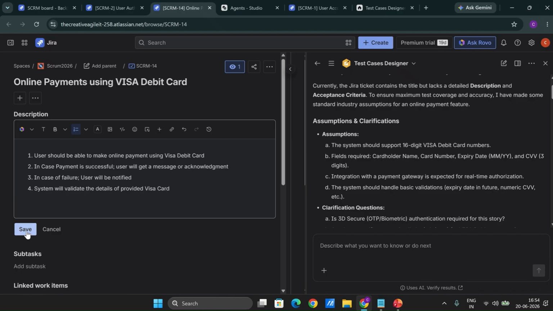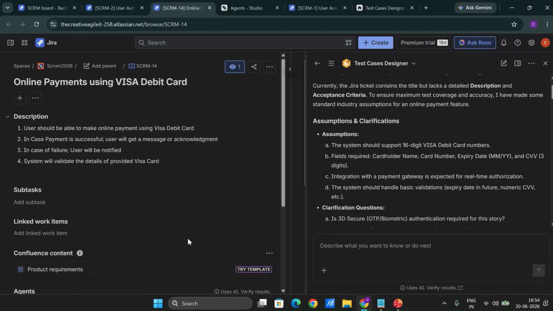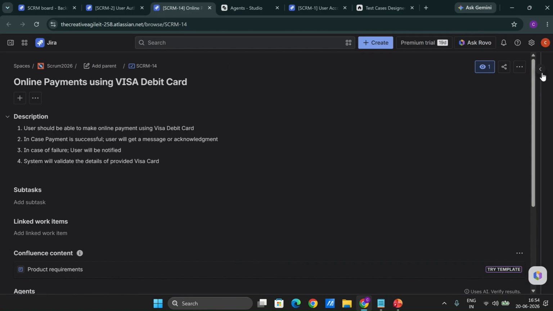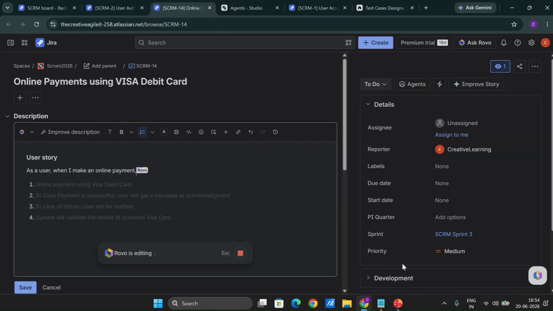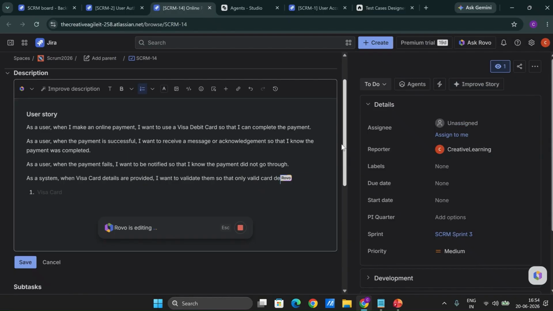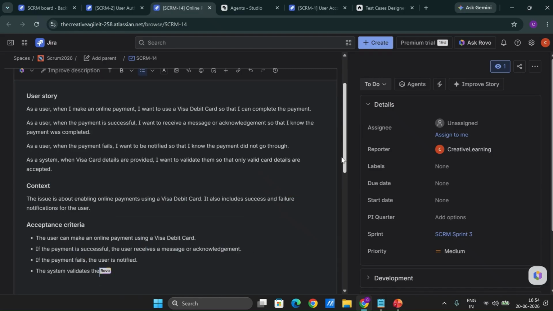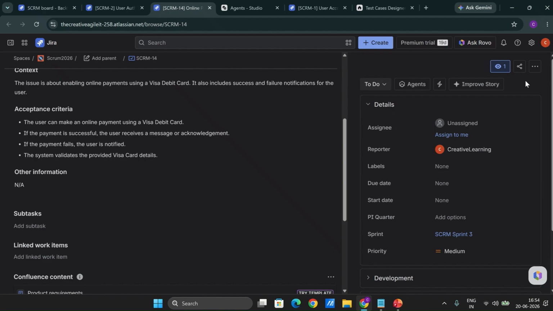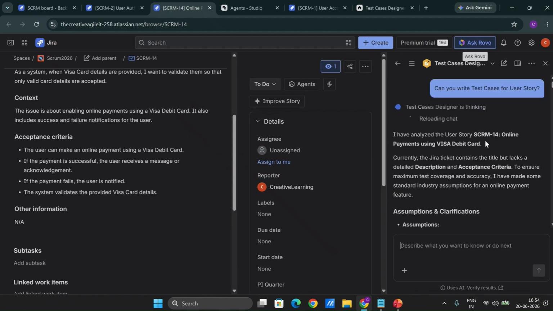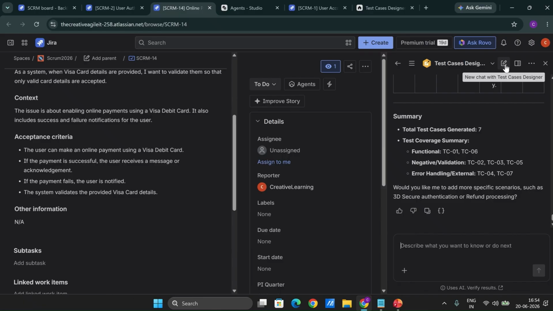If I simply provide this kind of description or acceptance criteria, we can also click on improve story and say improve description. It is going to use the AI again, and it is going to rewrite the acceptance criteria based on the story details. We can say save, and now I click on ask Rovo, and we say new chat